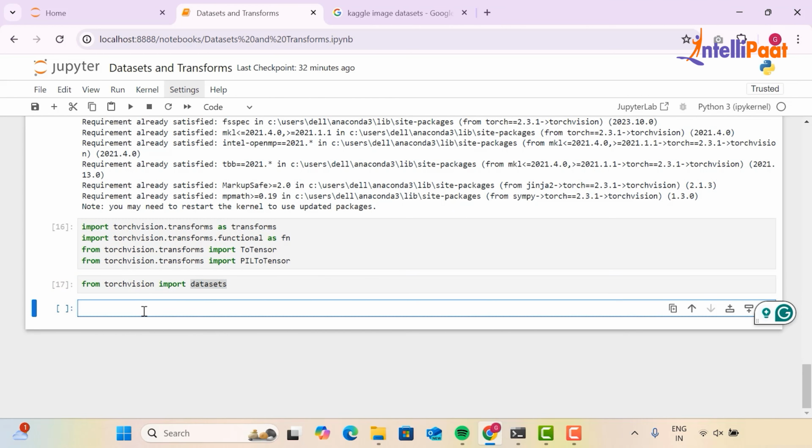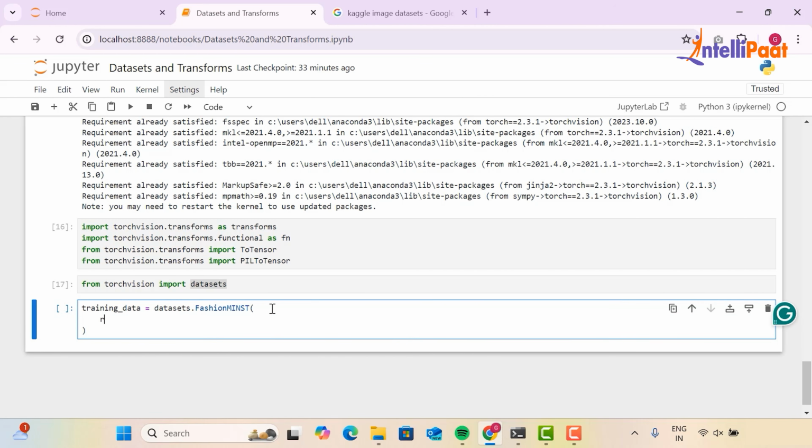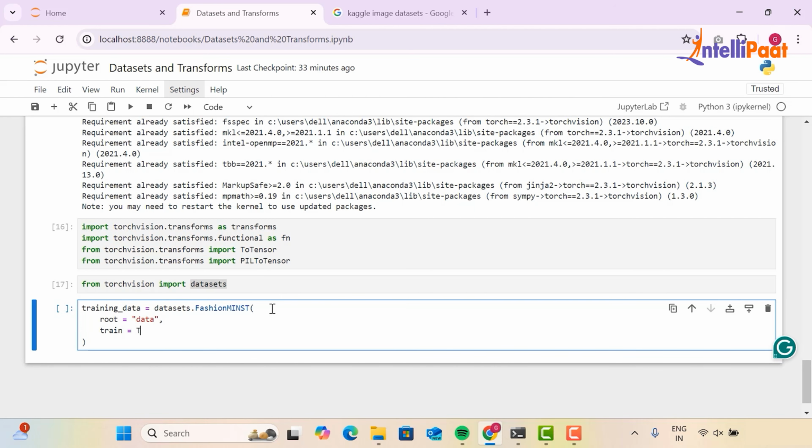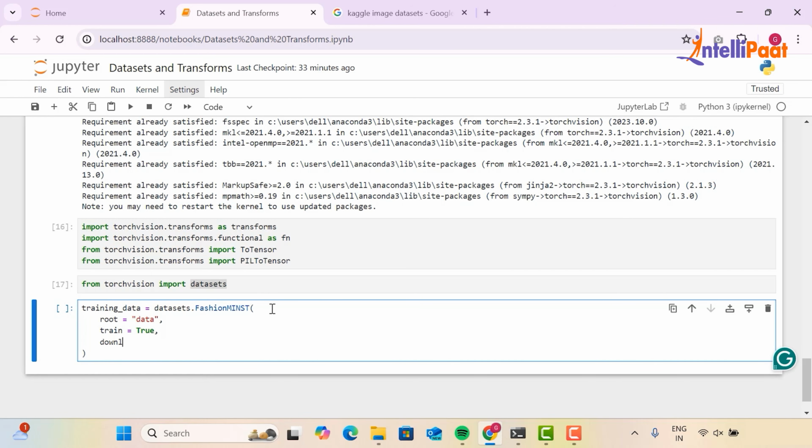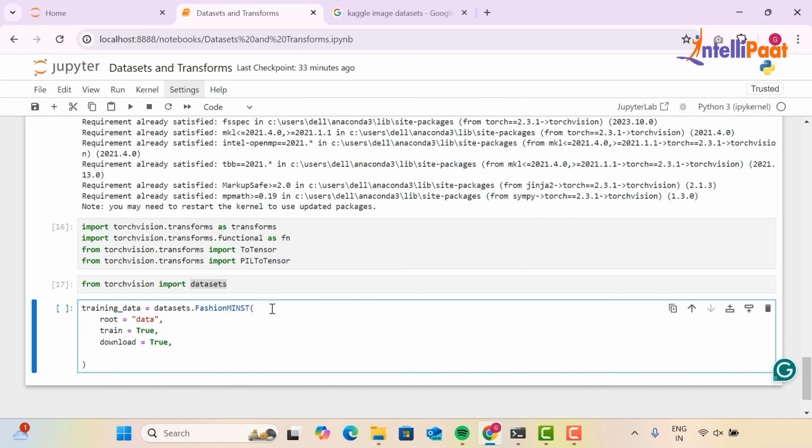So we'll create a variable training_data to store our training dataset, and we'll say datasets.MNIST. Now this dataset is available on Kaggle also, and we'll say root equal to data, train equal to True, download equal to True, and transform equal to ToTensor.